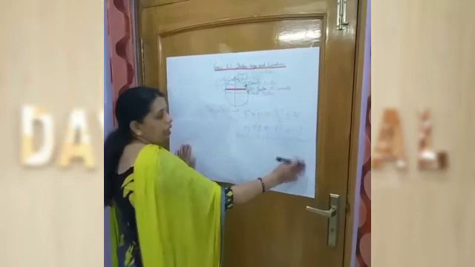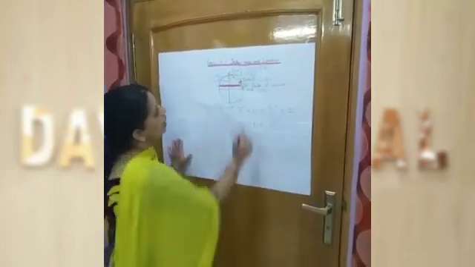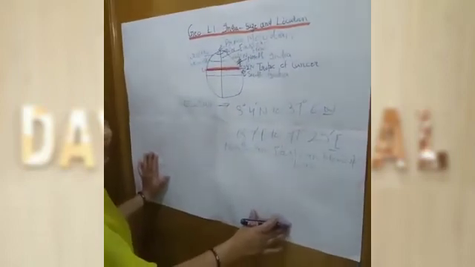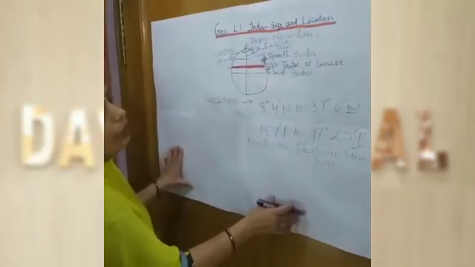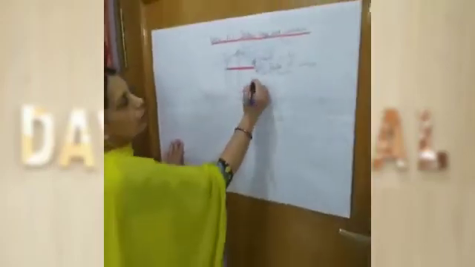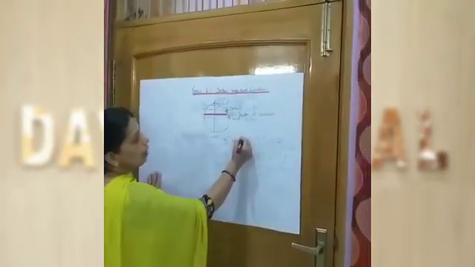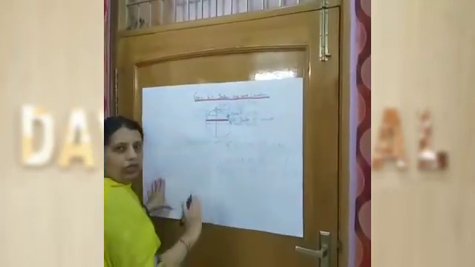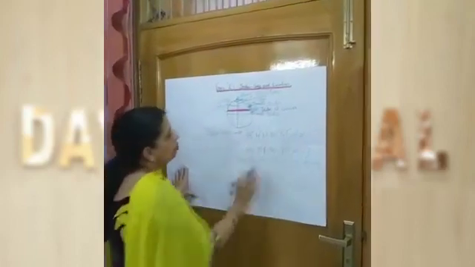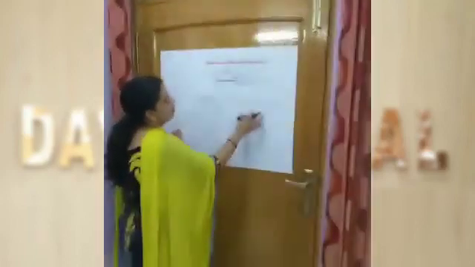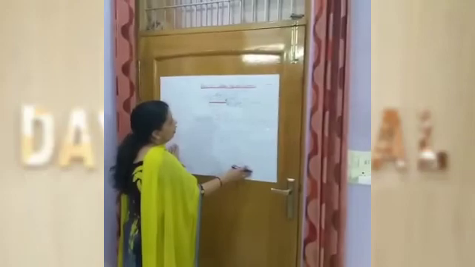But there are two important island groups also which lie on both sides of India: Andaman Nicobar Island groups and Lakshadweep Islands. Andaman Nicobar Island groups lie in Bay of Bengal, and another group, Lakshadweep Island, lies in Arabian Sea. So this location of India is very important for us.